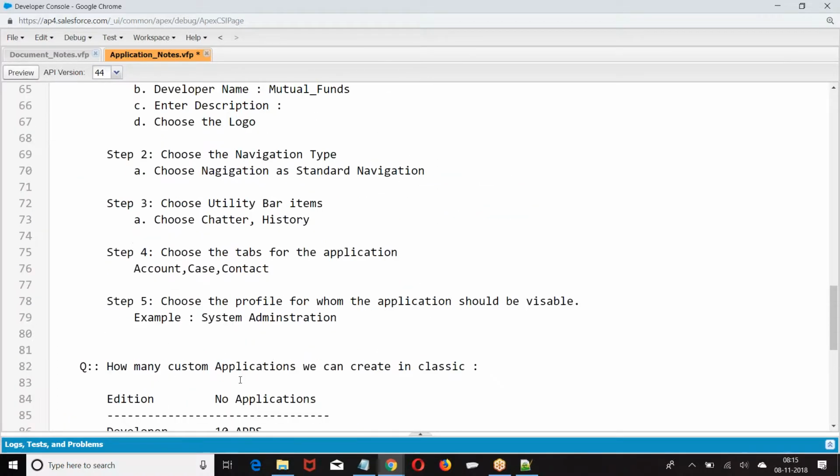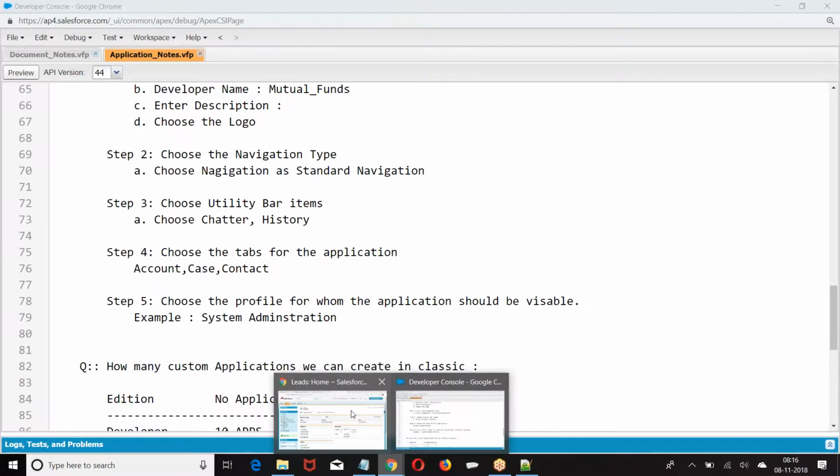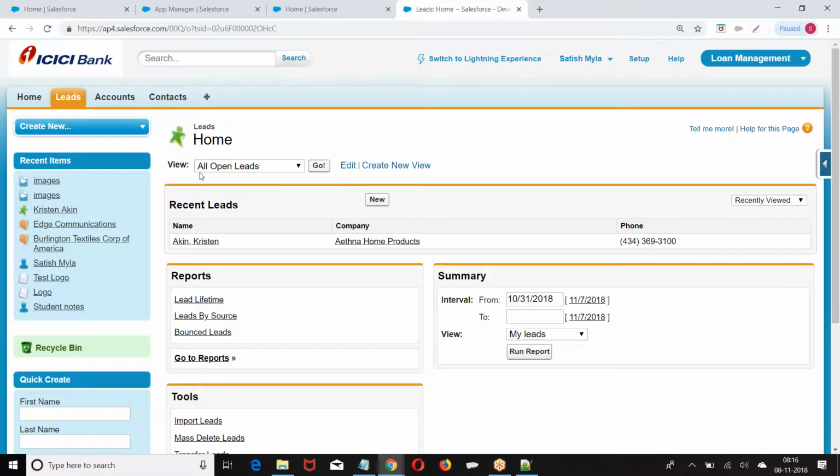This is what we have discussed as of now, right? So once again I repeat, if you upgrade the classic application, classic still remains, and one more instance in Lightning will be created. That means the same application in Lightning will be created, right? The classic will not be deleted.